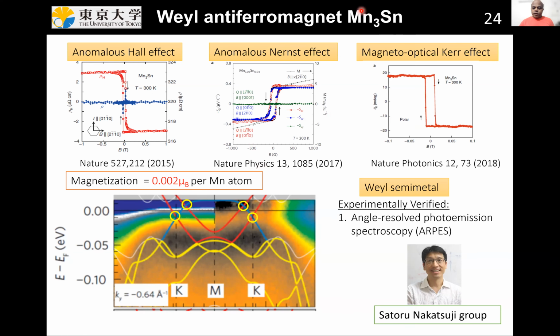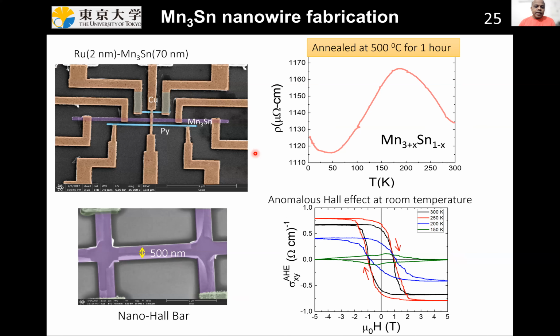So to study the spin Hall effect in this material, I prepared spin Hall devices as I explained earlier. This is a picture of one of the spin Hall devices. This is a non-local spin Hall device. There are 2 ferromagnets, and this purple line over here is the Mn3Sn nanowire, which is 200 nanometers wide and 70 nanometers thick. The most difficult part of this kind of experiment is to prepare a nanowire of this kind of material, because most of the time these nanowires either oxidize or don't come out with the right stoichiometry.